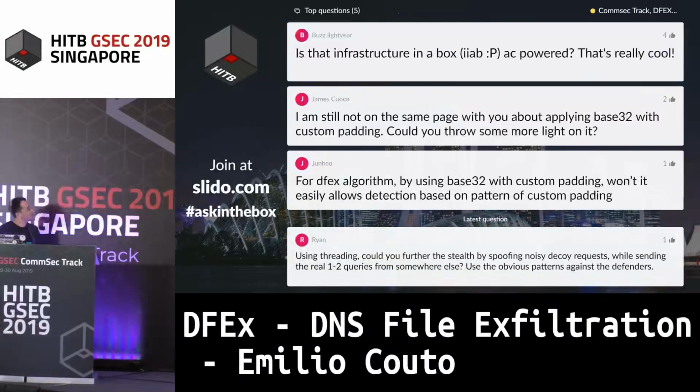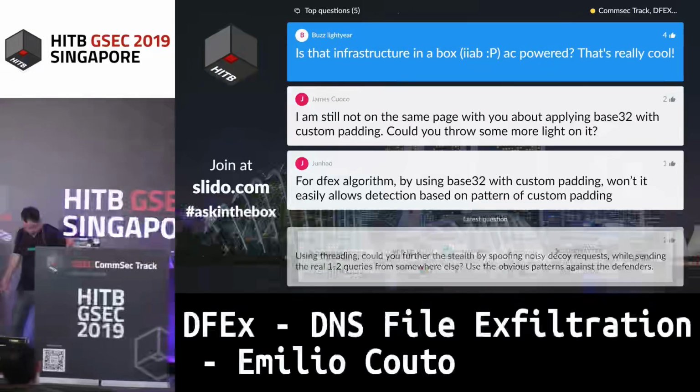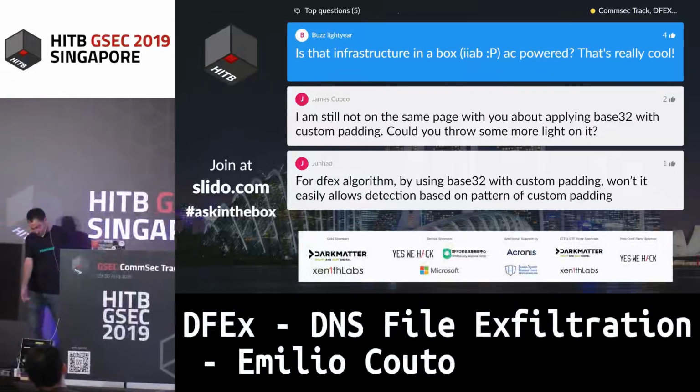I'm going to squeeze in the last question because I'm very curious as well. So Macaroni here is IEC powered? Macaroni